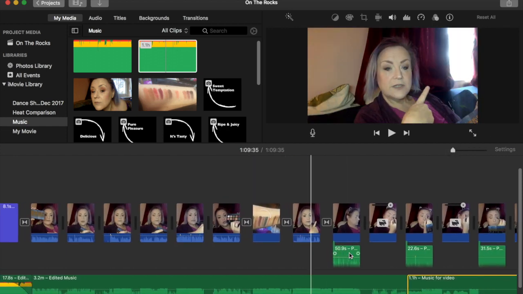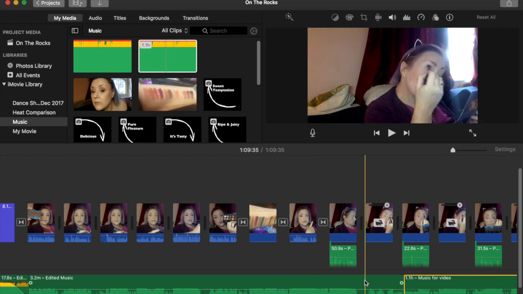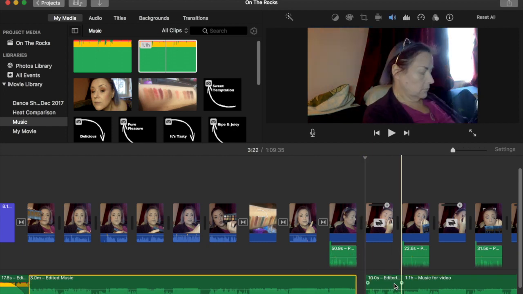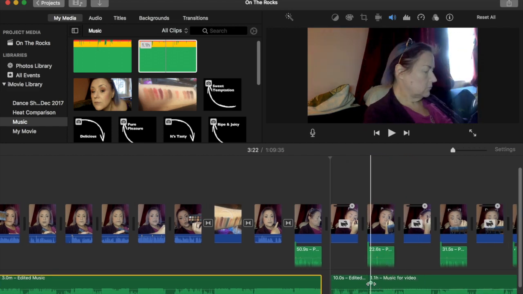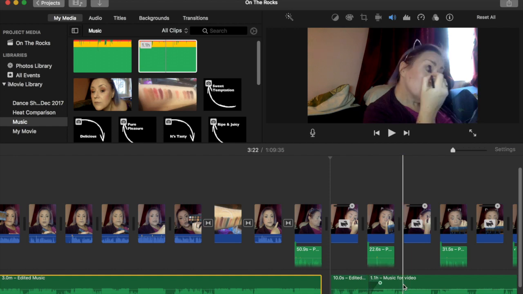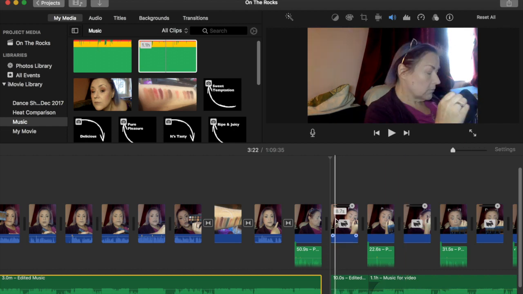Right, so now I need to make the music go louder for every time I have a bit that's sped up. So I just go round to the beginning and ends of each of these clips with the rabbit on it. That denotes where my speeded up bits are going to be, and they're the bits that I want to be loud.